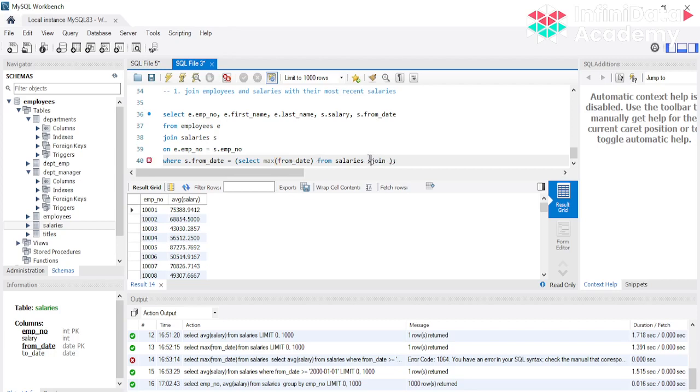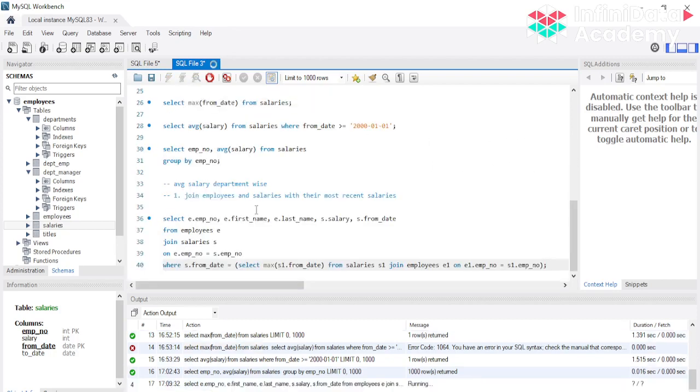So we can call it S1, and join it with the employees E1 on, again the same thing, E1 dot employee number equal to. So this query is going to give you the most recent salary of employees.